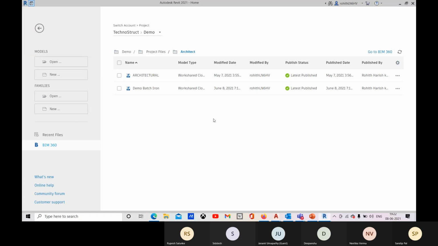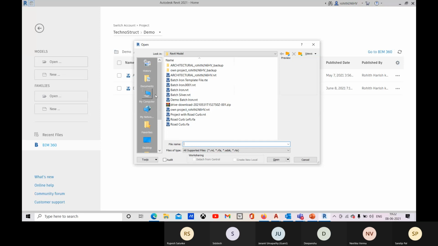Okay, so here also you can go to open, and you will find that A360 or this BIM 360 will be there. So here you will get that Autodesk Desktop Connector, which I think is right now disabled.